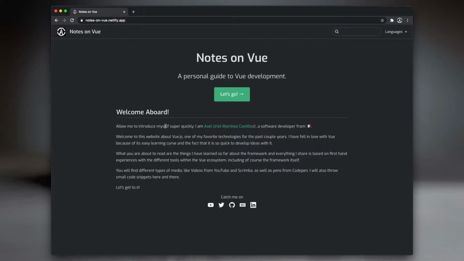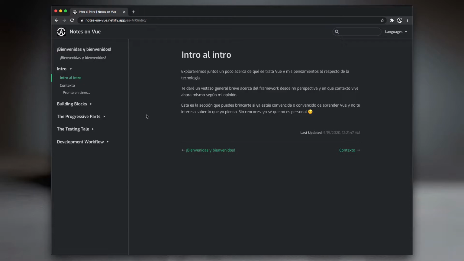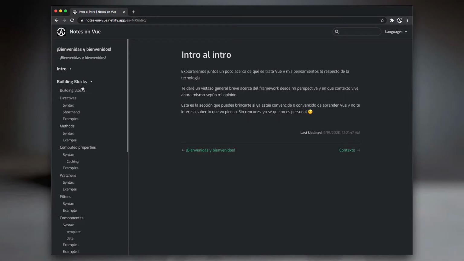So all right, let's go into the languages as well. As you can tell from this one line here, I'm from Mexico, so I do speak Spanish. That's my native language. And what I did is I added support for that language in this website. So if you change languages here, you will start reading in Spanish. This is a lot of work, but I think it's going to be worth it. So I'm really excited to continue working on this. So yeah, you can tell also that we have the same structure here. The same sidebar works for both, and there's a way to